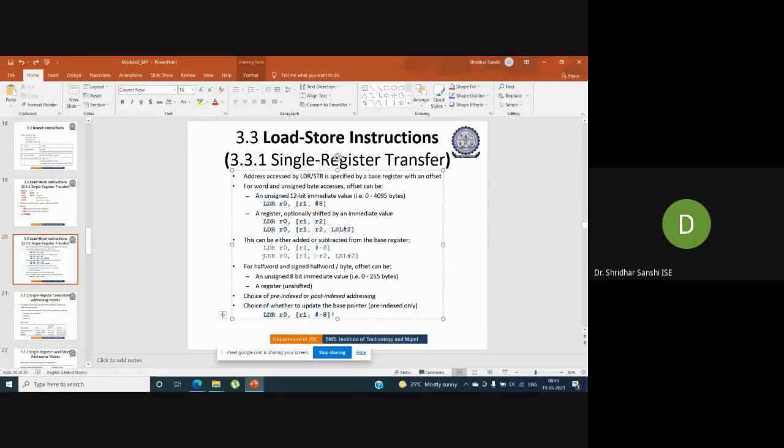So what do you mean by this instruction?